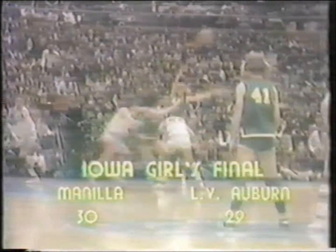Parochial school at Auburn that didn't have basketball, and only played with her brothers, Don, Doug, and Joe, but they